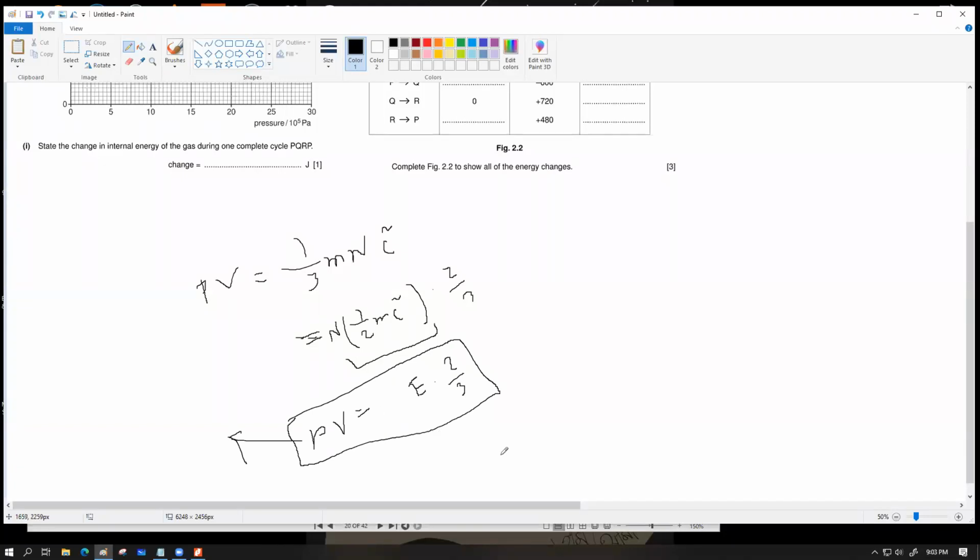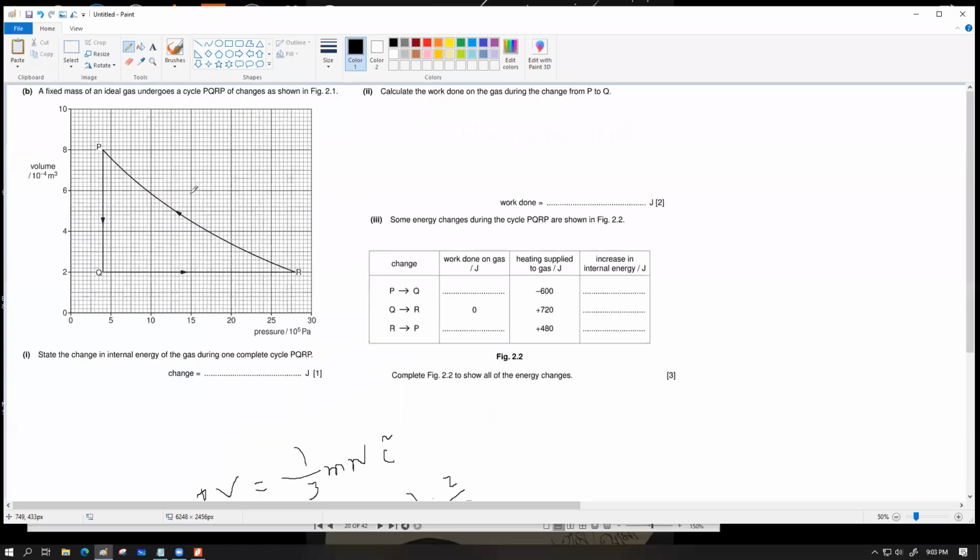এই ইকুয়েশনটা কি অ্যাপ্রিশিয়েট করা যাচ্ছে? দেখো, so what this essentially means is that if you reach the same product value of P into V, your E value will also be unchanged because 2 by 3 is basically a numerical constant. So that's what it means over here: whenever the gas undergoes this entire cycle and eventually reaches the same initial value, the total change of internal energy would be 0 because the P and V values would essentially become the same. Number 2 says calculate the work done on the gas during the change from P to